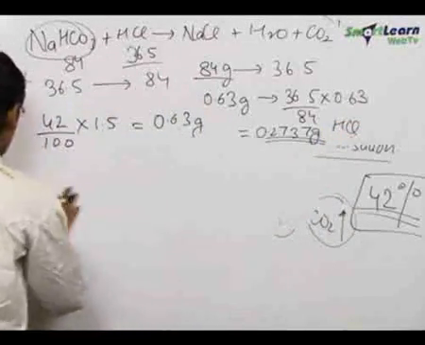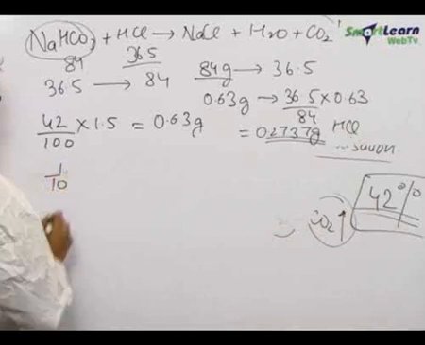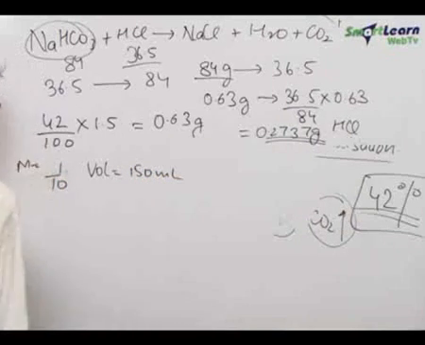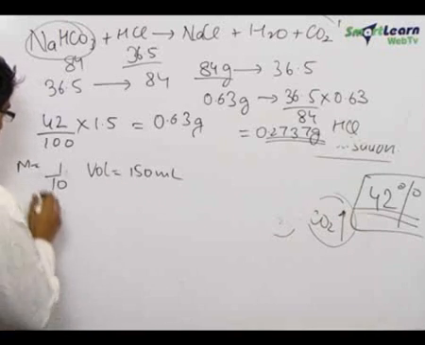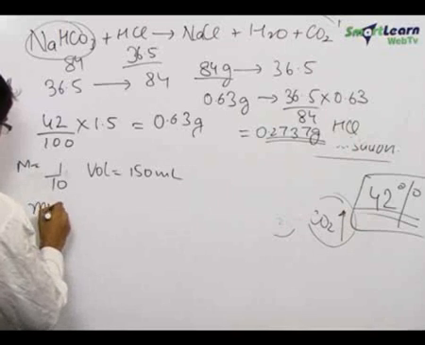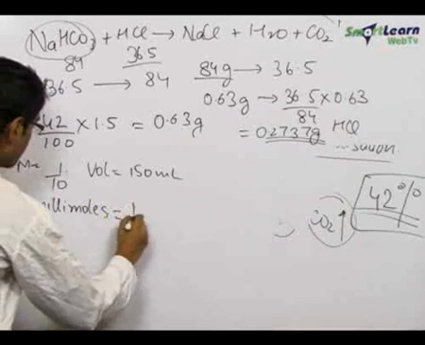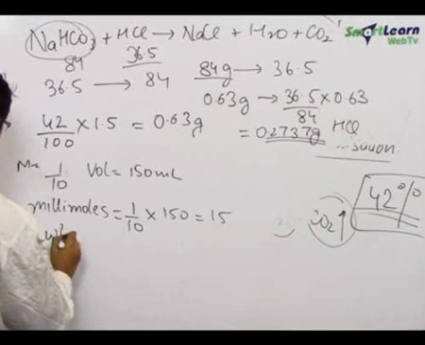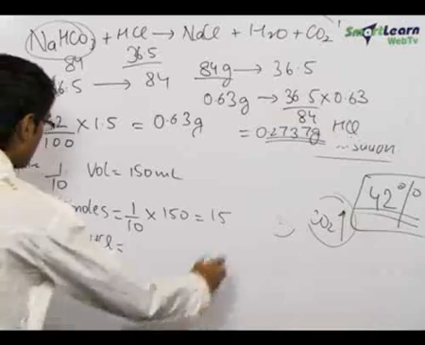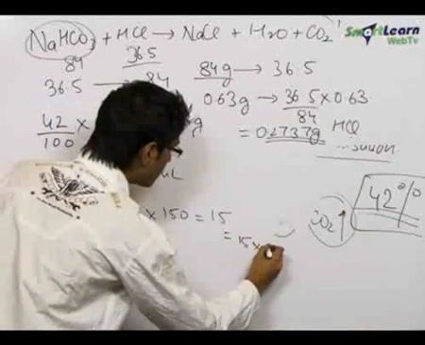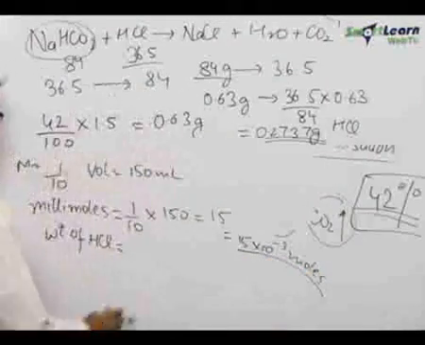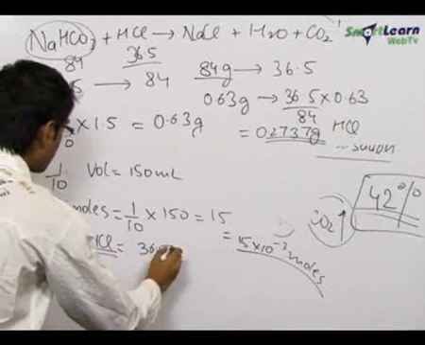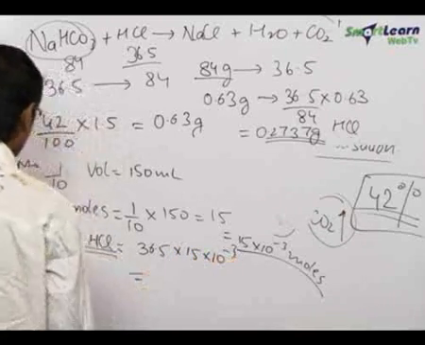Now we are given the molarity of HCl, which is 1 by 10, and the volume of HCl, which is 150 ml. So we can find out the number of moles here. Moles upon volume is equal to molarity, but the volume should be in liters. So we get millimoles equal to the molarity into the volume in mL. So we get 15 millimoles of HCl. So the weight of HCl is 15 millimoles, hence 15 into 10 power minus 3 moles of HCl. And we know that the weight is obtained by multiplying the number of moles with the molecular weight of HCl, which is 36.5. Hence we get 36.5 into 15 into 10 power minus 3